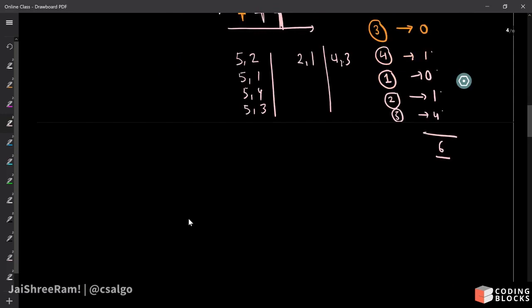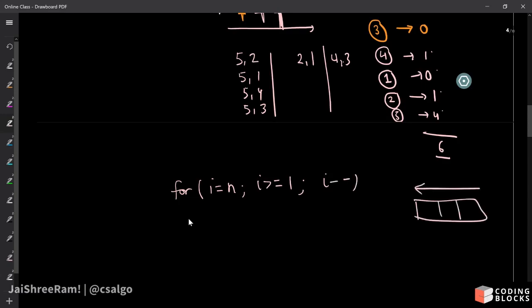सो BIT को अपडेट करने का लॉजिक तो हमारा सेम रहेगा, क्यूमुलेटिव सम का लॉजिक भी सेम रहेगा, डिफरेंस आएगा सिर्फ क्वेरी करने में, राइट, मतलब बिल्ड करते वक्त, राइट। सो हमें क्या करना है, for i equal to n, i greater than or equal to 1, i minus minus, अपने जो एरे है उस पर पीछे से लेके यहाँ तक आइटरेट करना है, और जो भी नंबर आ रहा है x, तो हमें BIT ऑफ x पे कुछ काम कर देना है, राइट।